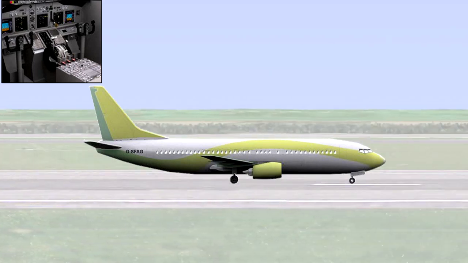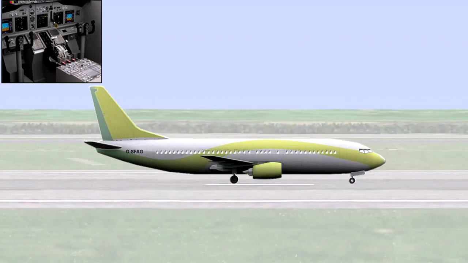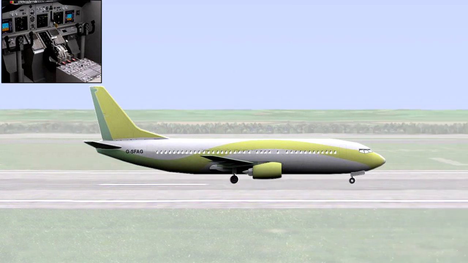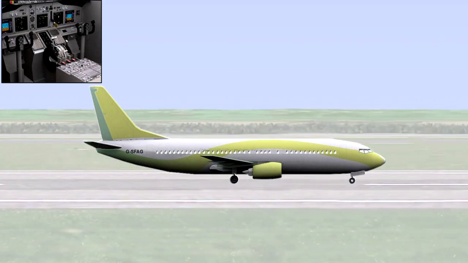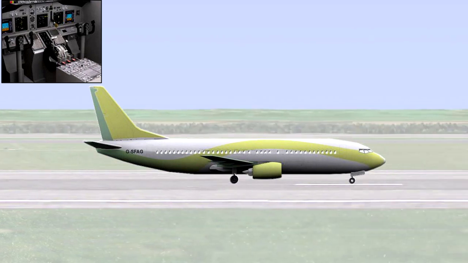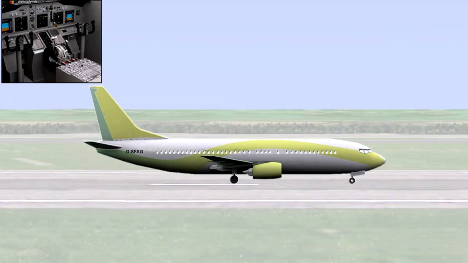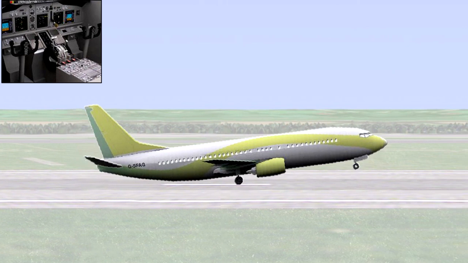Rotation speed, VR, is the speed at which the pilot initiates action to raise the nose gear off the ground with the intention of becoming airborne. The pilot action is to pull back on the control column. This action deflects the horizontal stabilizer to create a downward aerodynamic force on the tail. This force pushes the tailplane down and rotates the aeroplane about the main wheels, which will raise the nose wheel